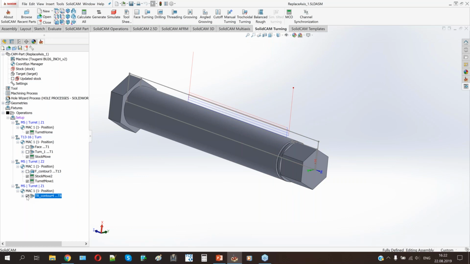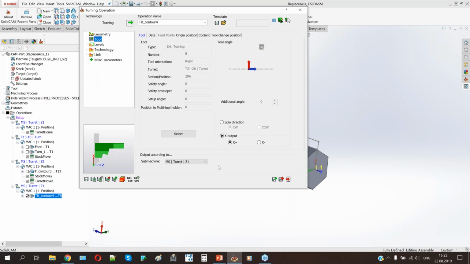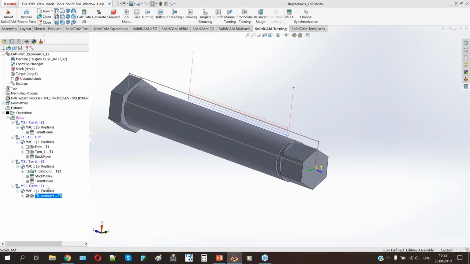Okay, what tools do we have to perform all those operations? If I go into the operation itself, I can see on the tool tab my submachine choice. I can choose here what type of Z-axis with turret I would like to apply to these operations. And as you can see, I don't need a lot of preparations here. I just made a normal list of procedures that this machine requires. I should prepare my turret to make a tool change, and I should move my stock to a sufficient distance